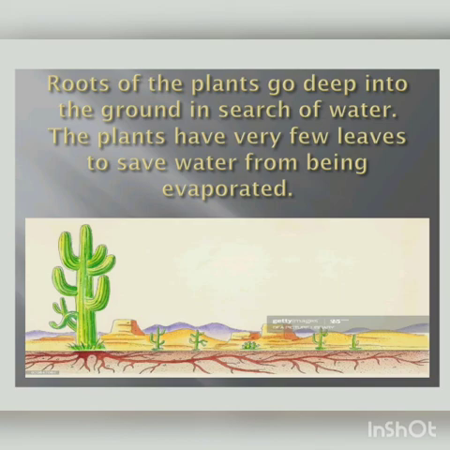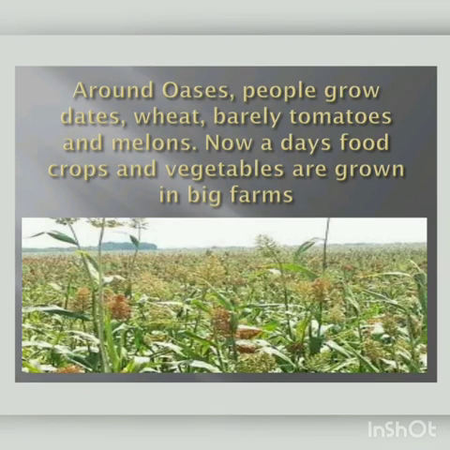Roots of the plant go deep into the ground in search of water. The plants have very few leaves to save water from being evaporated. Around oases, people grow dates, wheat, barley, tomatoes, and melons. Nowadays,